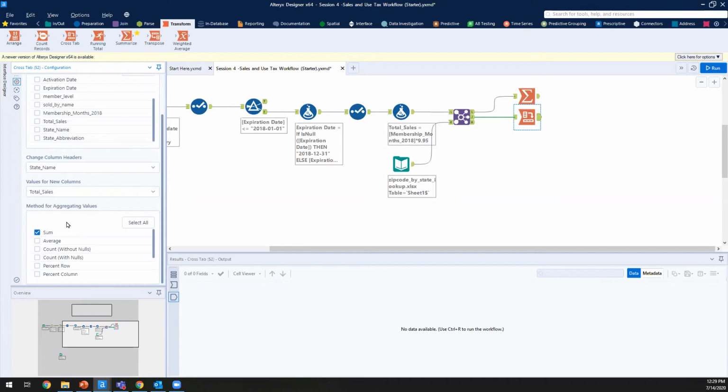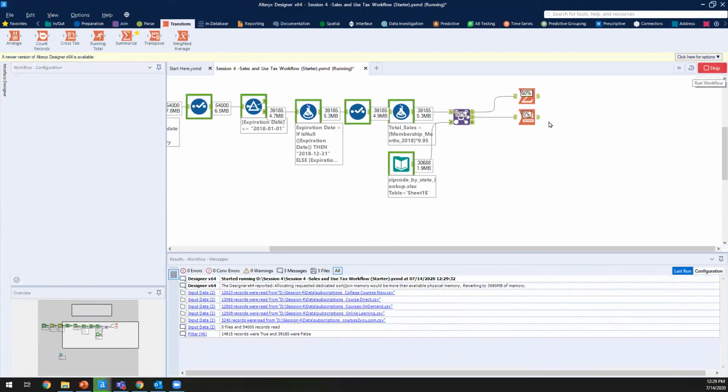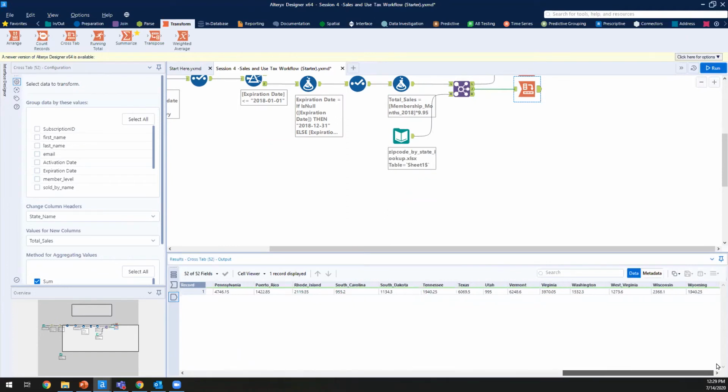Now, if we're going to be aggregating our values, which we are in this case, I want to specify the sum aggregation. So essentially what we're doing here is we're going to be readjusting our data such that we are now being presented with just a column for each state, and we're going to have one row associated with that. So I go ahead and click on run. Right, clicking on the output here, it looks like we do have Alabama, Alaska, et cetera, all of those wonderful countries, or not countries, states, and their values here. If I go ahead and click on select,